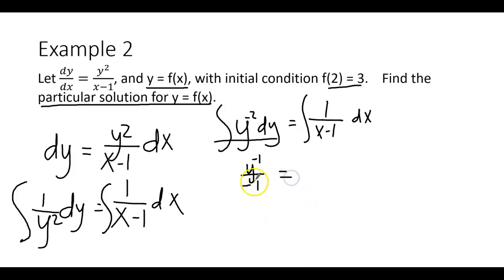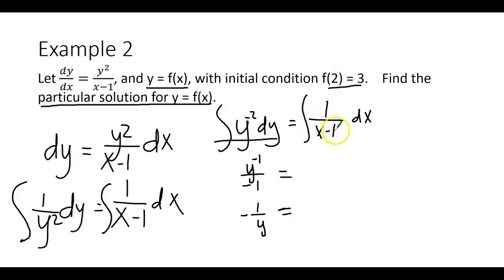But I do want to rewrite this. I want to simplify it a little bit, okay? So first of all, I don't like negative powers, so I'm going to put that y to the first power on the bottom with that -1, and that's going to leave 1 on the top. Now, this is kind of an ugly looking fraction. If you have 1 over -1, that's really just saying basically -1, right? So here's the easiest way to rewrite it. Just put -1 over y. Okay, so now let's go ahead and do this other side.